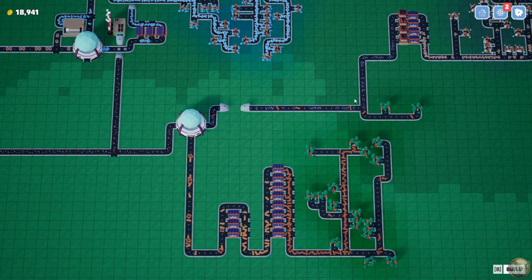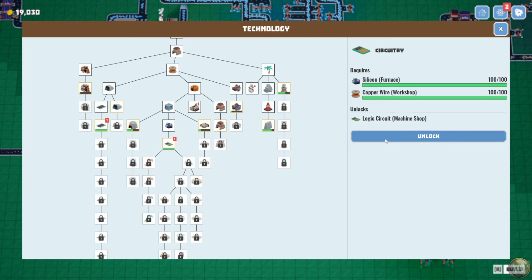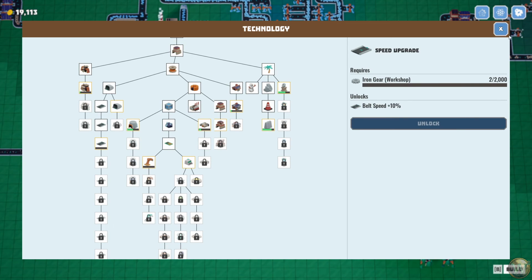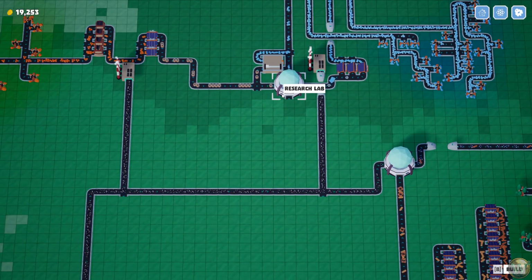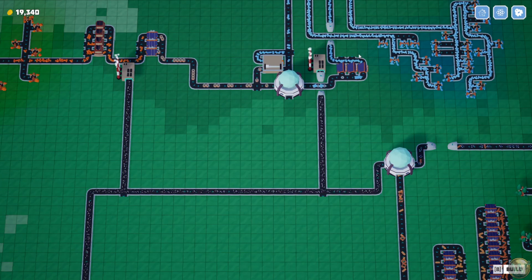That's fine. All right, so silica, we've unlocked a couple more things here. We've unlocked circuitry, and we've unlocked the next speed upgrade for our belt, which means that we just need to save up 1 billion more gears. Oh, it actually doesn't remember what you had before. So it's actually starting from 0 again each time. So feeding in extra items into the labs doesn't help you, except that it helps you